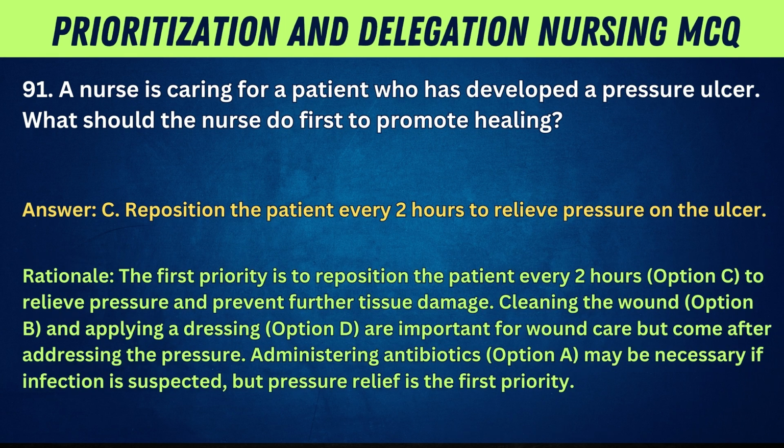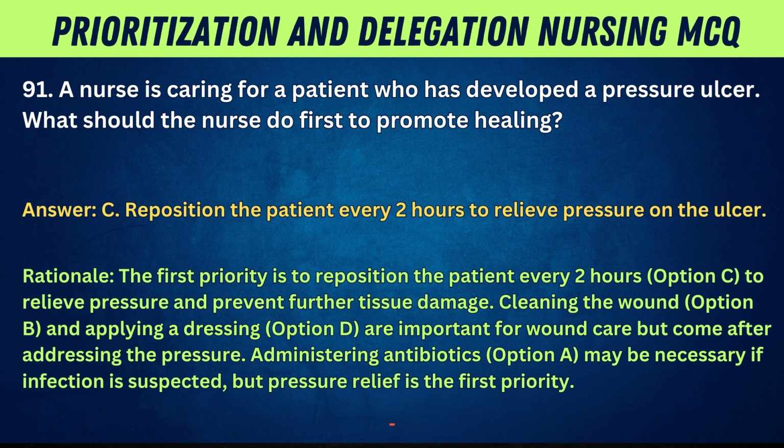Answer. C. Reposition the patient every 2 hours to relieve pressure on the ulcer. Rationale. The first priority is to reposition the patient every 2 hours, option C, to relieve pressure and prevent further tissue damage. Cleaning the wound, option B, and applying a dressing, option D, are important for wound care but come after addressing the pressure. Administering antibiotics, option A, may be necessary if infection is suspected, but pressure relief is the